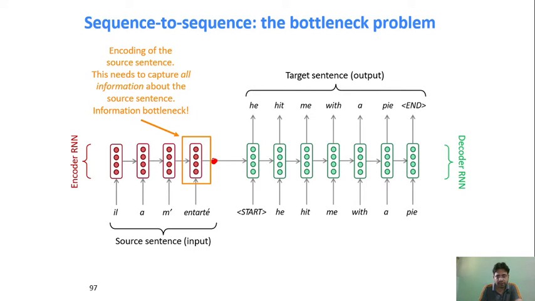Okay? Now all the information of this input sentence will pass through this bottleneck and go to the decoder network, where it will start with this value, it will produce "he", then this value will go as input, and so on. So it means the entire information is in this bottleneck. So if we have some mechanism that, while we are producing "he", will look into the attention or some kind of information that will say, no, while you are producing "he", this part is the most important part. You have to focus most on this particular location so that we can produce the appropriate output.